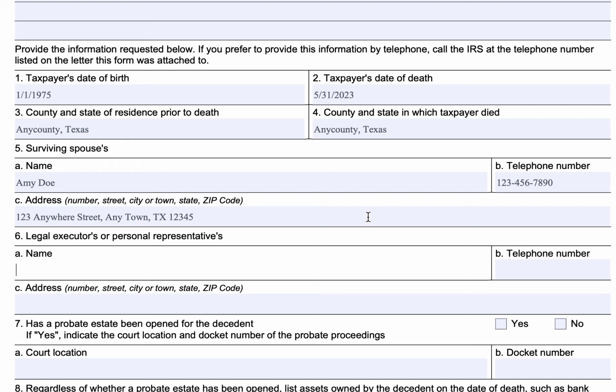Or if it's the surviving spouse, you would put that information there as well. So at the risk of repeating yourself, you can do that. So we'll just say that Mr. Smith is John Doe's attorney, and he is at